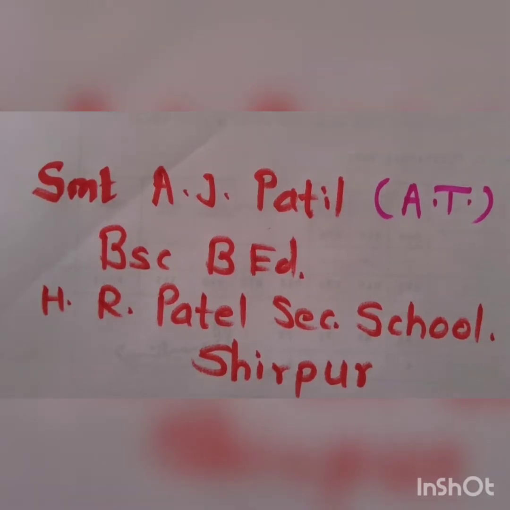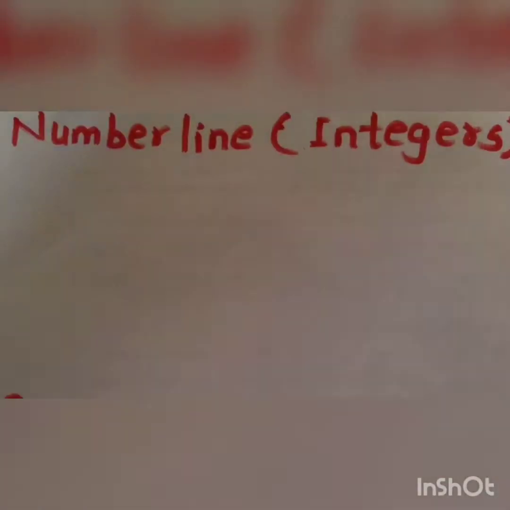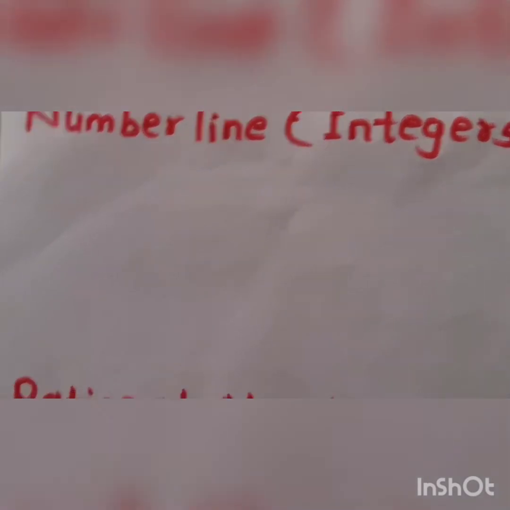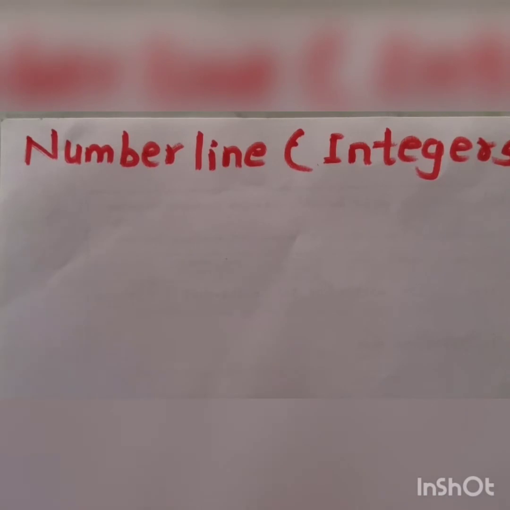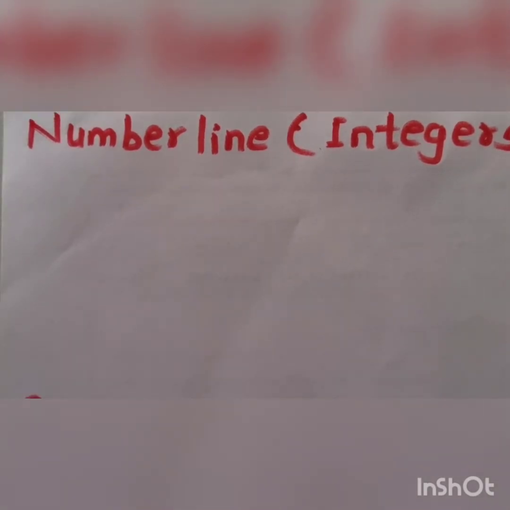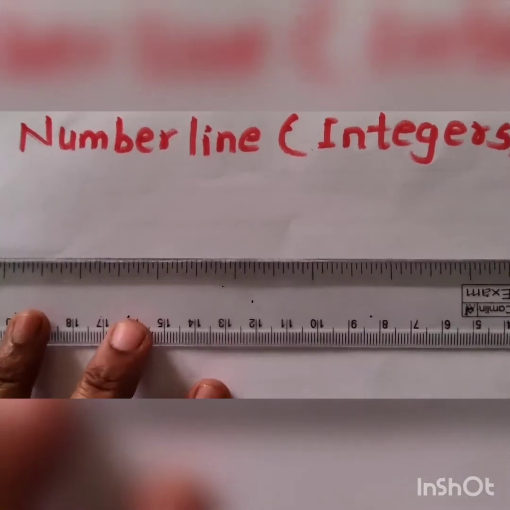In this video, I am making a video on the number line, and on that number line to show integers, rational numbers and irrational numbers for standard 9. See here, first we revise the number line concept, and on the number line we already showed the integers in previous standards. Now how will that number line be?